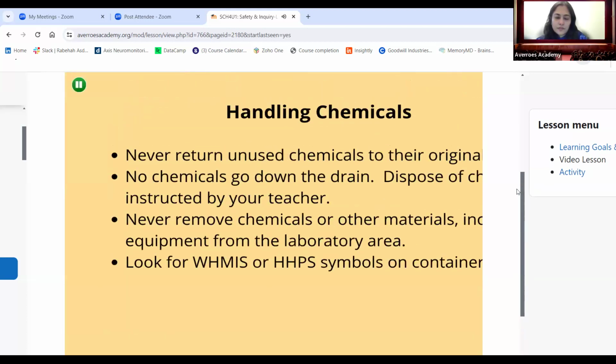For handling chemicals, never return unused chemicals to their original container. No chemicals go down the sink, down the drain. You have to dispose of